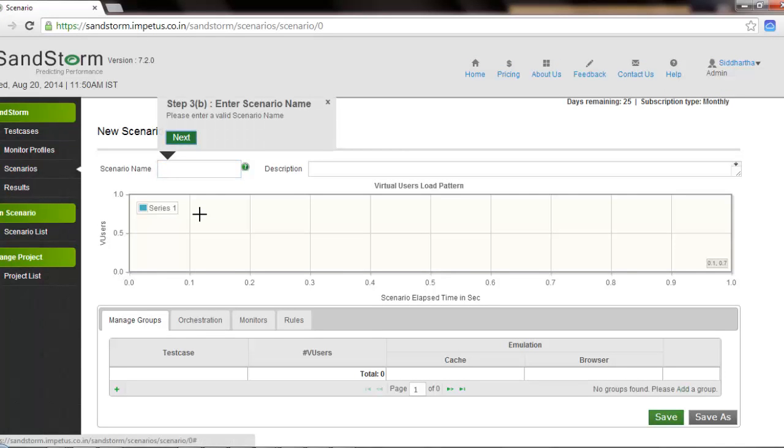The usage of the cloud portal and the flow is pretty much intuitive, and you can just follow the instructions on the screen and you're good to start with your load testing. Okay, let's give the scenario some name, a small description,